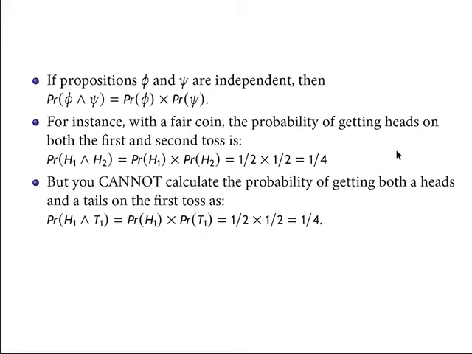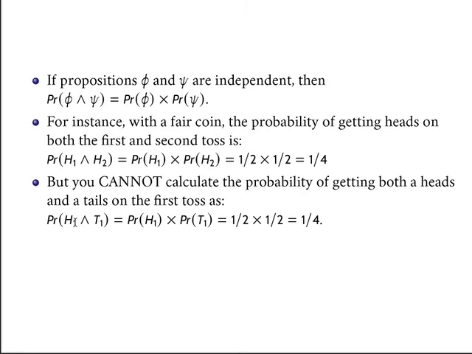Now, again, I will return in the next lecture to how you can calculate conjunctions without independent conjuncts. But it's very important to note that you cannot apply this rule of simply multiplying probabilities if the conjuncts are not independent. So you cannot calculate the probability of getting both a heads and a tails on the first toss as